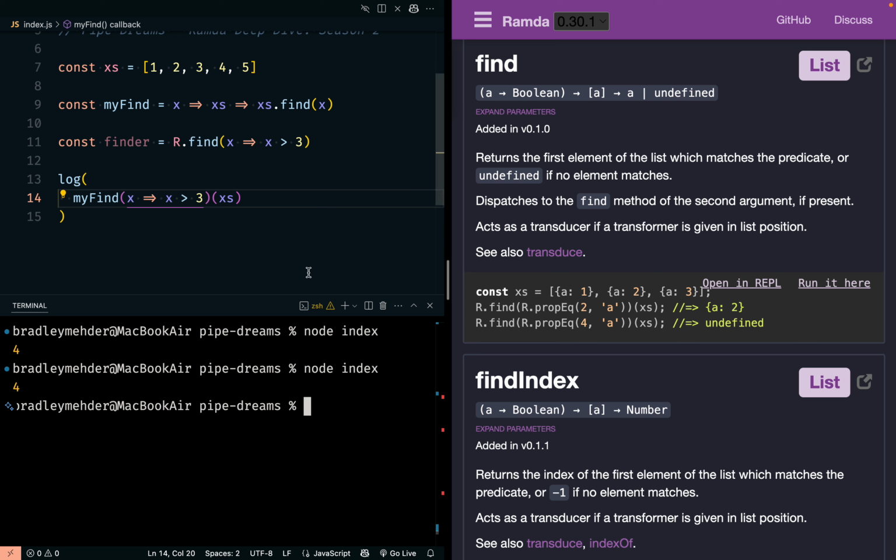In case you are learning about Ramda for the first time watching this video, I hope that's not the case. That would be unfortunate. But as you get more familiar, and if you enjoy this type of just geeking out on Ramda functions, then maybe this series will be enjoyable enough to watch.